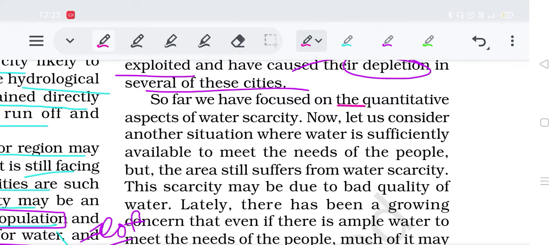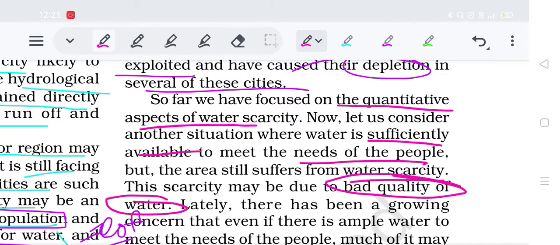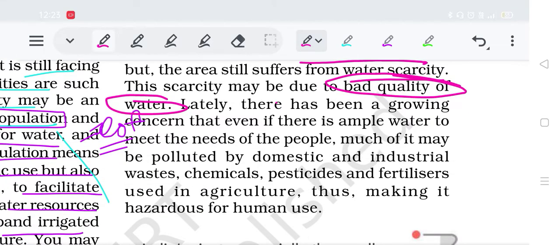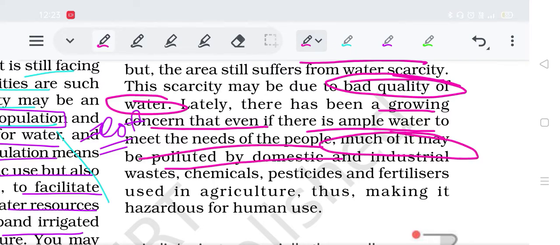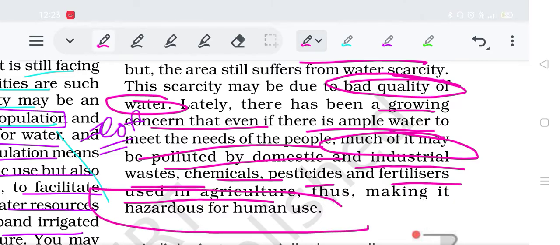So now we have focused on the quantitative aspects of water scarcity. Let us now consider another situation where water is sufficiently available to meet the needs of the people, but still an area may suffer from water scarcity. Scarcity may be due to bad quality of water. Lately there has been a growing concern that even if there is an ample amount of water for the needs of people, much of it may be polluted by domestic and industrial waste, chemicals, pesticides, and fertilizers used in agriculture, thus making it hazardous